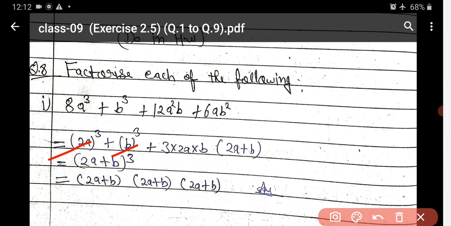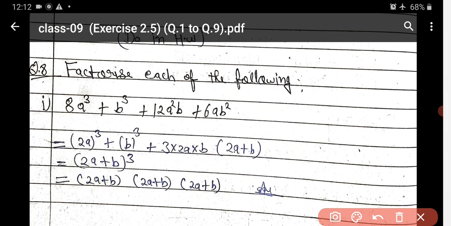Now the remaining part do from the formula. Formula is a cube plus b cube plus 3ab, then 3, a is 2a and b, and bracket a plus b. In bracket a plus b, so a is 2a and b is b. So these two terms you write from the question and the remaining terms you write from the formula. Now just check, when you solve it becomes this. Now just check 3 times 2 is 6, it becomes 6, and 6 times 2 is 12. So it becomes 12a square b. Now 3 times 2 is 6, and here is nothing, so it becomes 6, and ab into b becomes ab square. So all are correct.